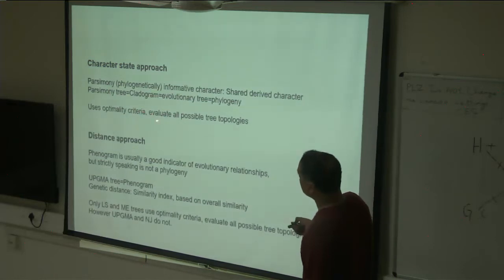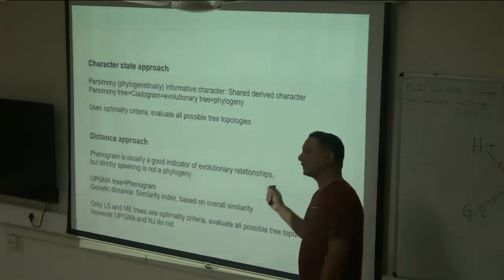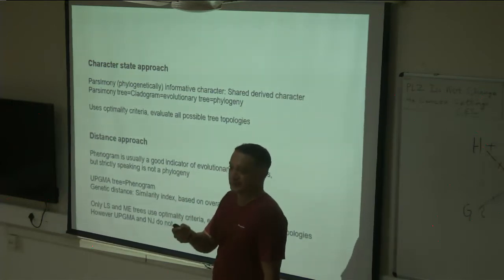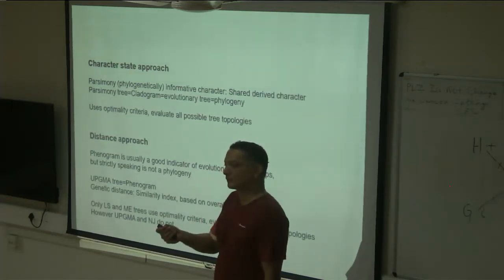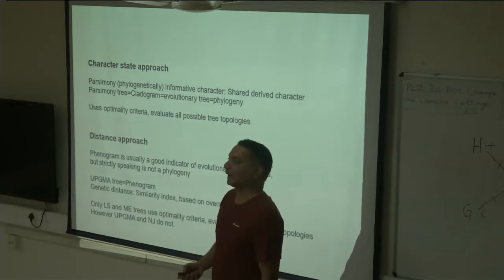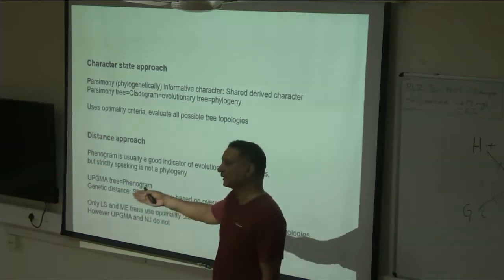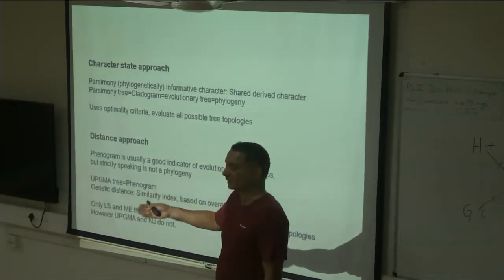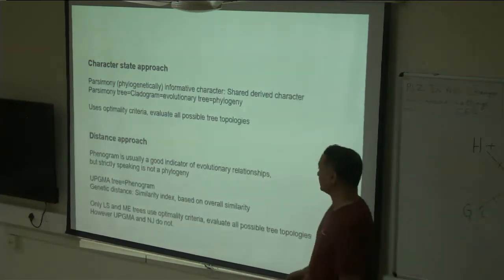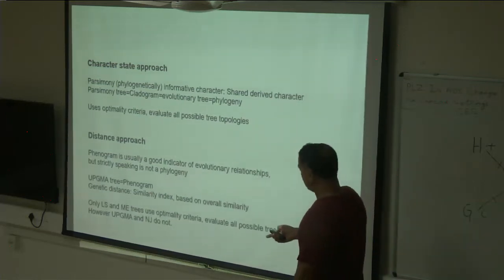In this approach, we are using an optimality criterion, and this becomes important. The optimality criterion here is parsimony, right? We are trying to optimize the tree length. We want to reduce the tree length. So optimality criteria based methods are superior because they evaluate multiple topologies, whereas distance-based tree building methods don't, they just spit out a tree, right? Except for least squares and minimum evolution, where multiple trees are evaluated.